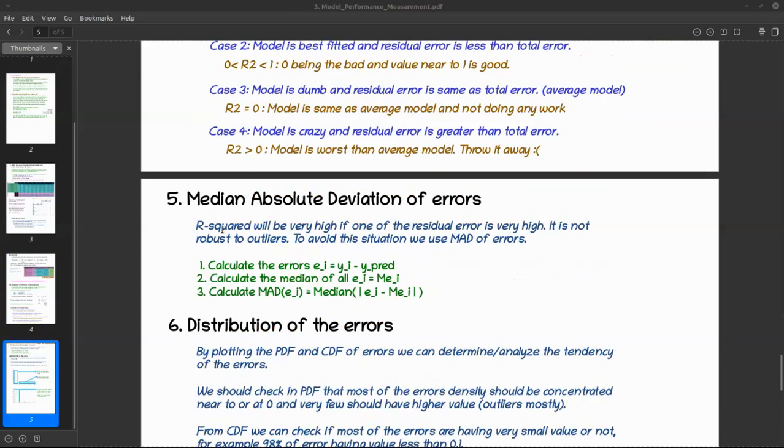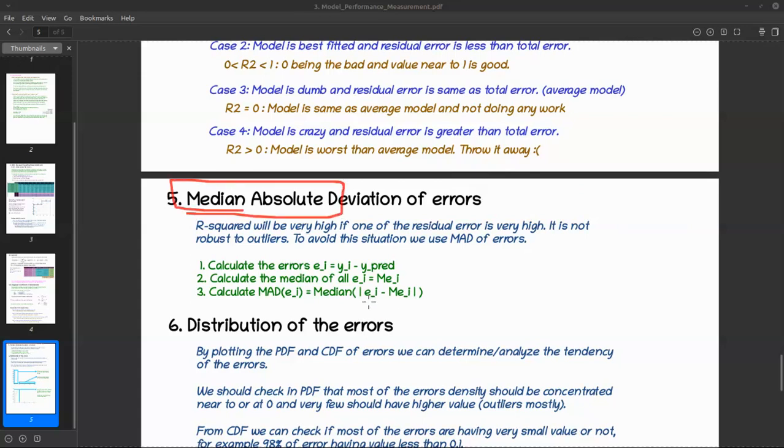So if you have outliers, just take the median, right? And if you want to see how your error is deviating from the mean, just take the median absolute deviation. So find out for all the points. You have 1,000 data points, or 100 data points. Just calculate error 1, error 2, error 3 like this, sort them in ascending order and find out what the median is. So now you know what MAD is, right?